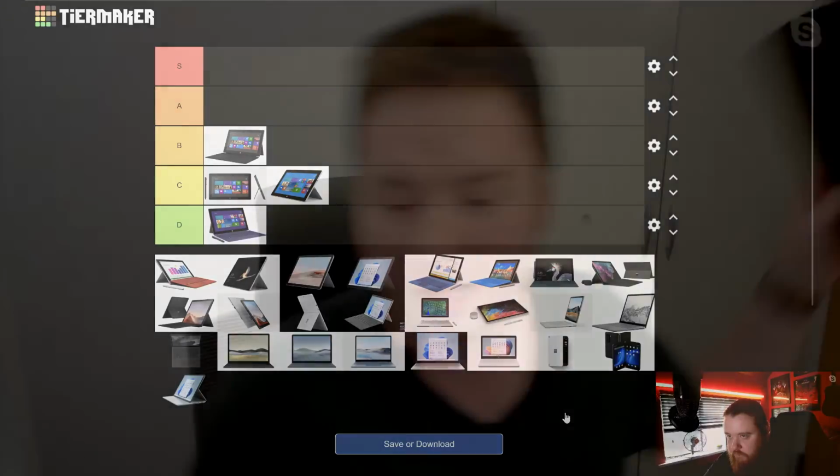Let me show it to you. At this point, Microsoft had given up on Windows RT and ARM in general. They were like, okay, for our entry-level Surface line, we're just going to go Intel. It had an Intel Atom, I believe. Give me 1 second. Yep. To pull up the exact...